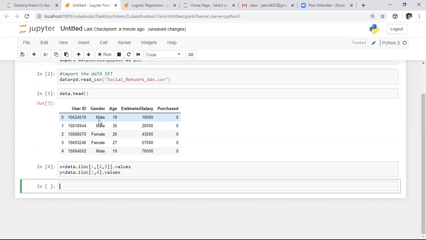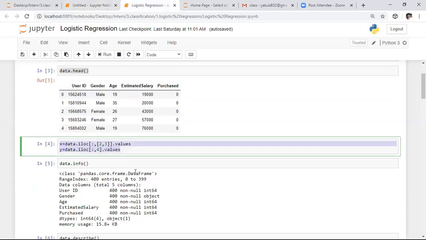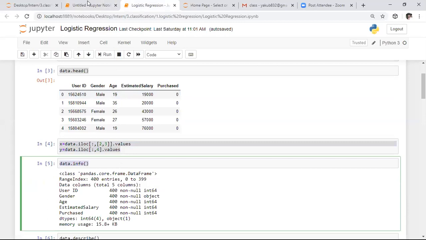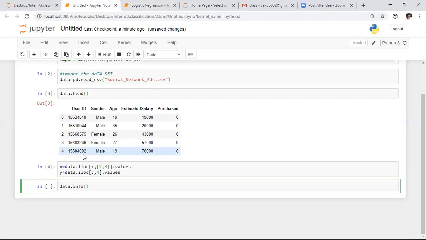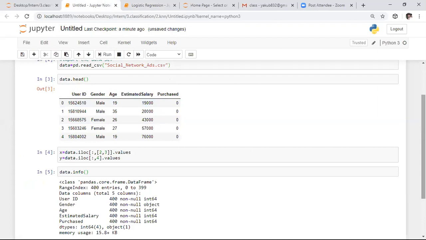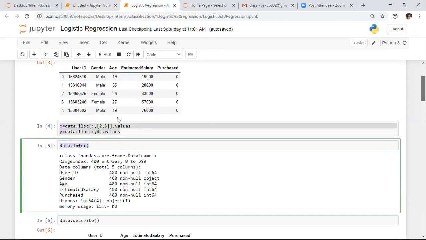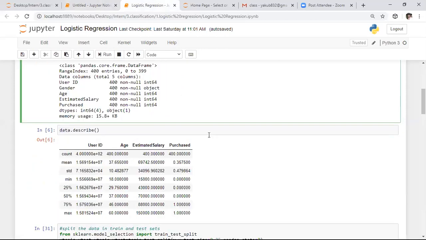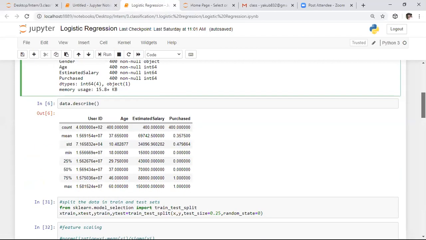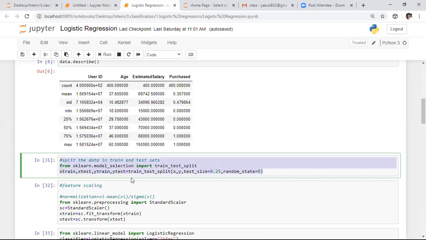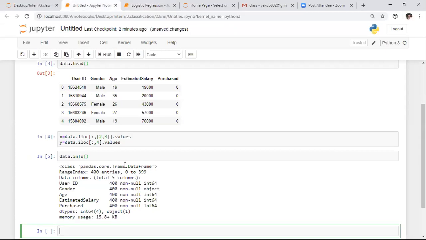After that, what we need to do? If you want to observe the data set, you can observe it. Here I don't want to observe the data set. If you want to know the information regarding this, you can use info. It will return the same thing we did previously. After this, I could describe my data set. If you are interested, you can do this, whereas I'm not doing this. Directly I'm proceeding to the next step, that is, I want to divide my data set in the form of training and test set.